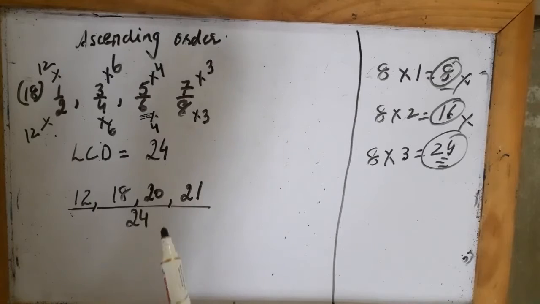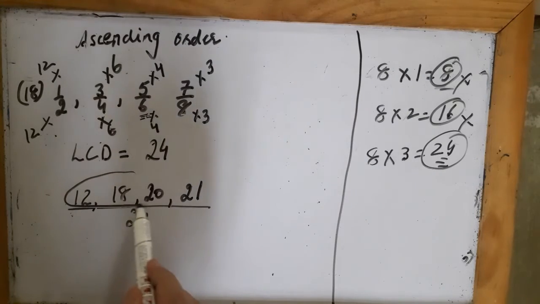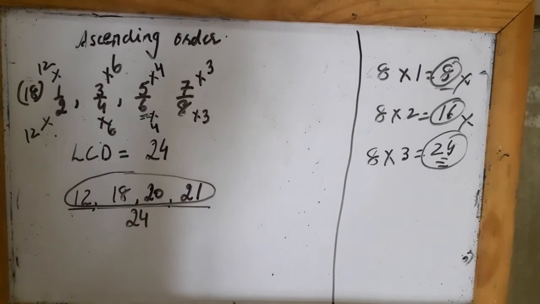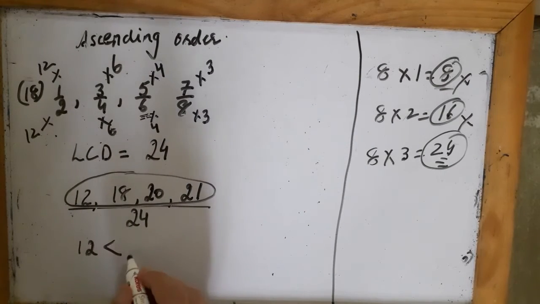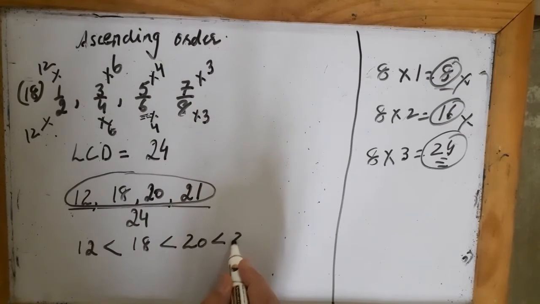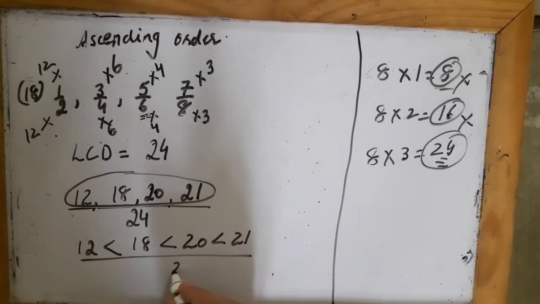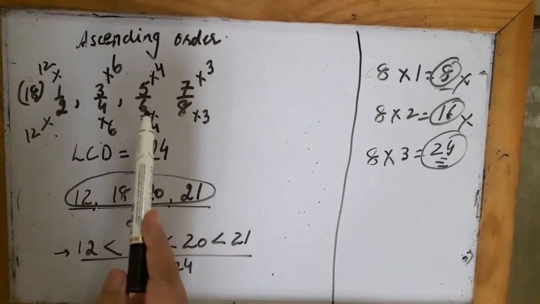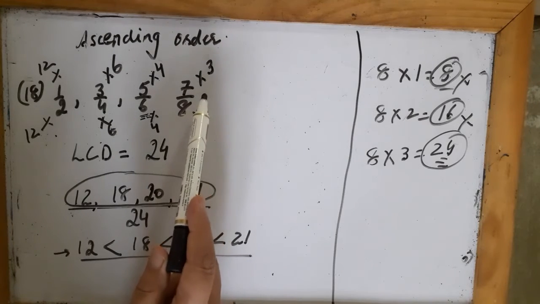Now out of these numerators, I will see which is the smallest one, because I have to put them in ascending order. So you can see 12 is the smallest numerator, then after that 18, and then after that 20, and then 21. So they are already in ascending order only. But these are the new numerators I have arranged. Now I will arrange the question. The question is to arrange these